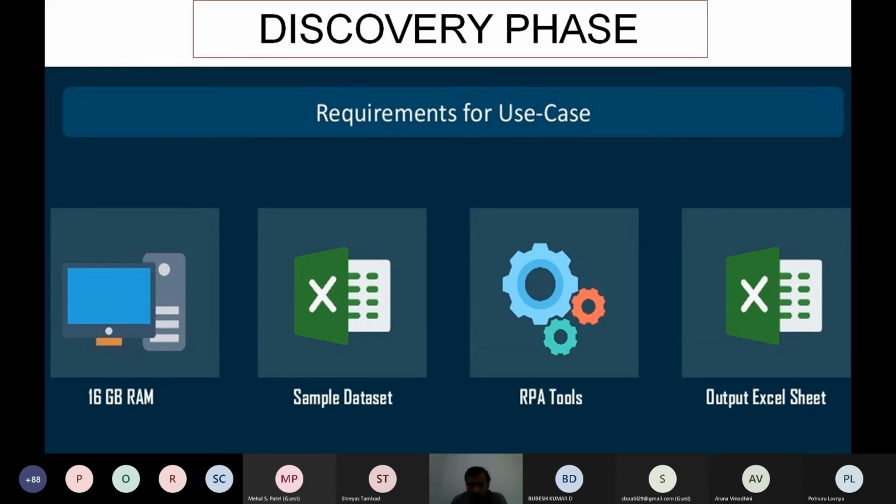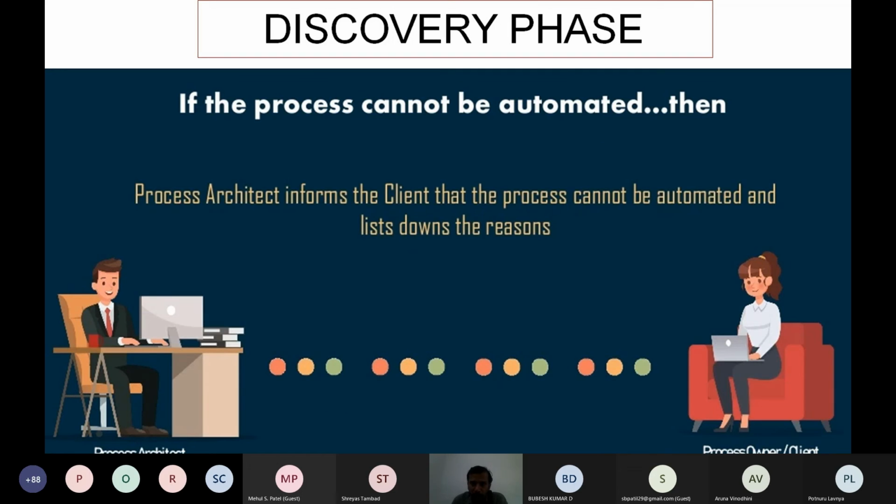If these requirements are okay, then again you see whether the process can or cannot be automated. If the process cannot be automated, the process architect informs the client that the process you have described cannot be automated, and he will list down certain reasons.